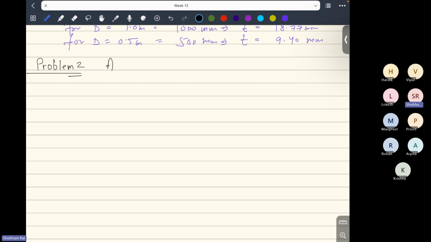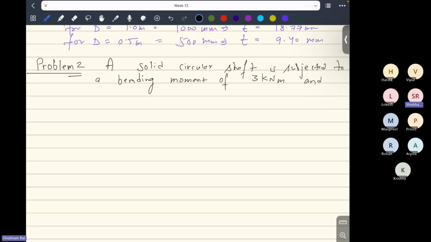Okay, now you have problem 2. So in problem 2, a solid circular shaft is subjected to a bending moment of 3 kilonewton meter and a torque of 1 kilonewton meter. So here you have both bending moment and torque